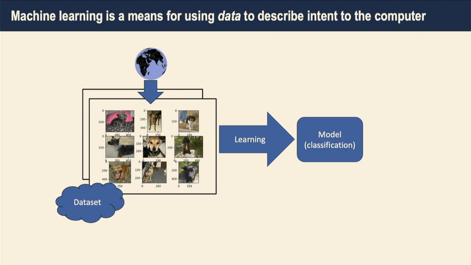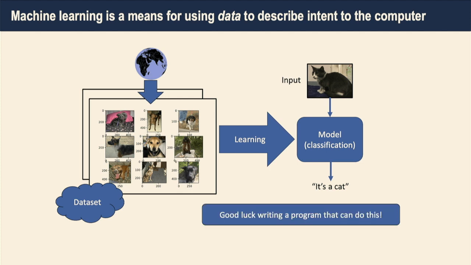And then from that learning process, we're going to get something called a model. And this model is going to have data as part of it. That's going to be part of how you get it. And then once you have this model, I'm going to take another thing from the world, for instance an image, in this case an image of a cat. I'm going to plug that into the model, and then the model might tell me that's a cat. So this is the picture in your mind of what machine learning is trying to accomplish.